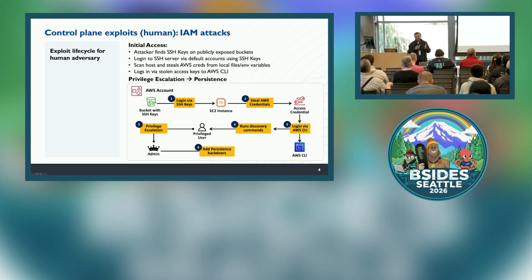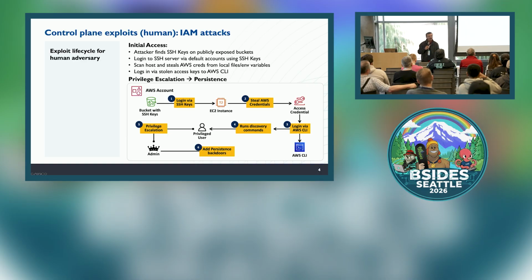They land on the SSH server. Then on the server's file system, they find AWS credentials for getting CLI access to a cloud workload. Once they have the credentials, they are able to use those credentials to get access to an organization's tenant. And then they use the CLI to perform additional discovery commands, eventually elevate permissions, find interesting data,